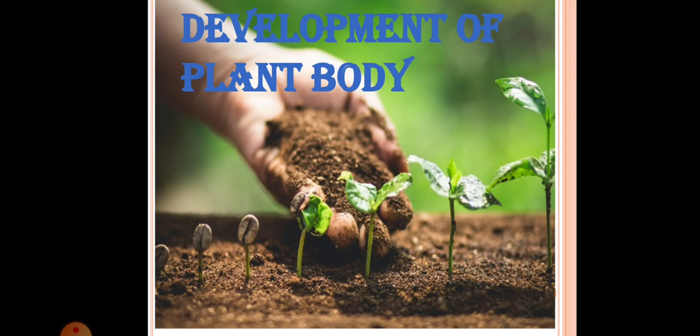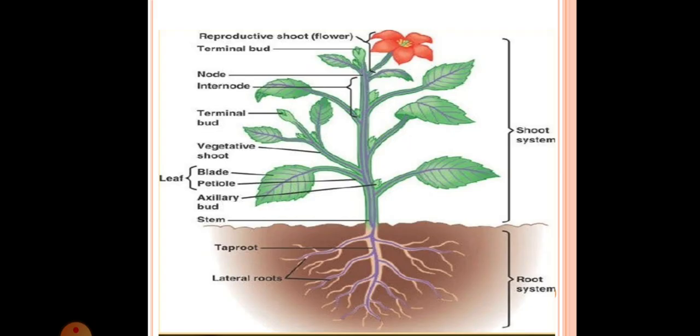In dried form the seeds are present, and in the dried state, the seeds are capable of surviving. They can live for a very long time in various climatic conditions or various adverse conditions. Seeds develop from the ovule in the ovary. So here the seeds are developed from the ovule in the ovary.